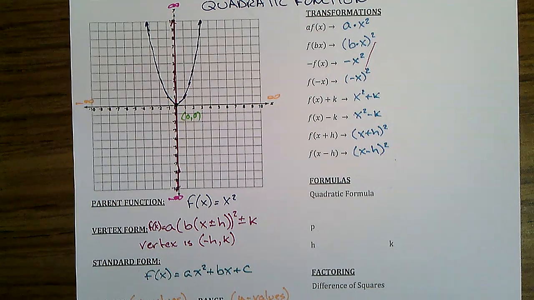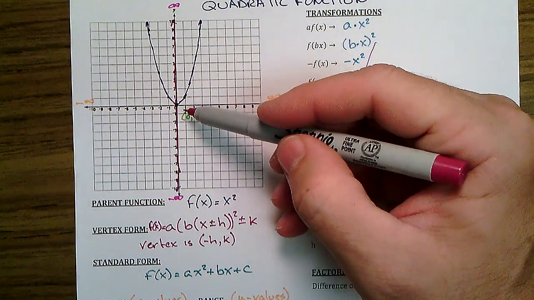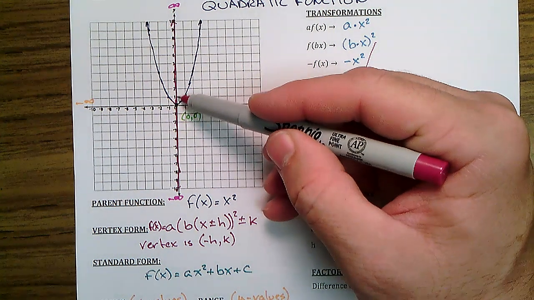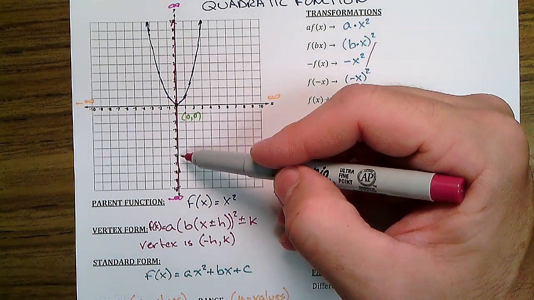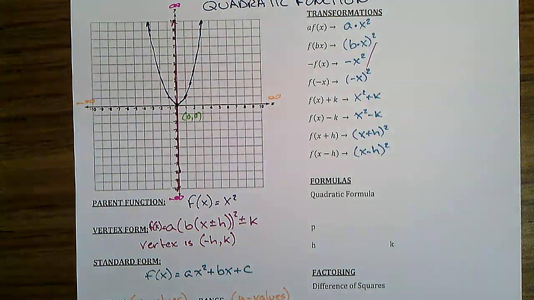So if you want to write down here too, negative h comma k, just to reinforce that. Our axis of symmetry, since it goes through the vertex at the x value, we can say our axis of symmetry is x equals negative h. And in this case, x